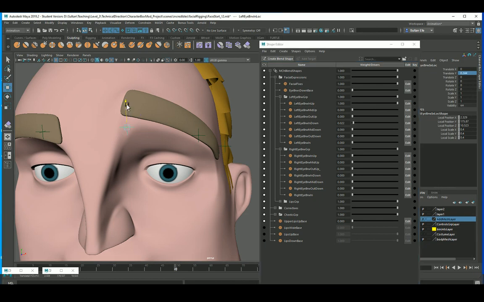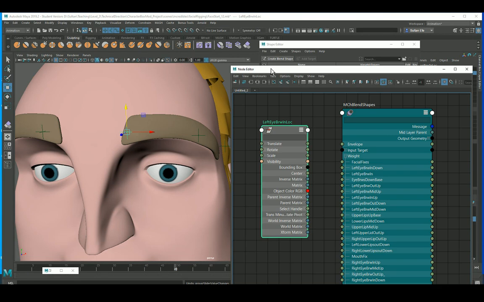And if I was to pull this up, yeah, I can call this 2.5 up, 2.5 up and 2.5 down, so something like that. So I kind of established that. So going back to our node editor,